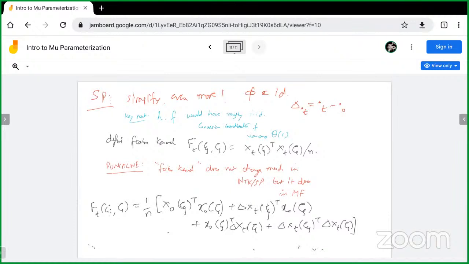Cool. Okay, so now let's see what this is. Remember that my delta x_t will look like 1 over root n. And therefore, as you correctly observed, the second two terms will be really small, and the last term will be even smaller. So the whole thing will look like the initial term plus order 1 over root n. So your kernel changes basically, your delta F_t,